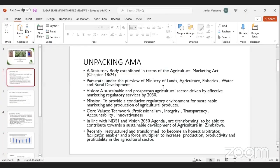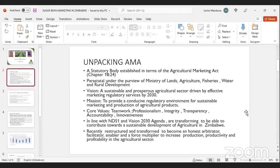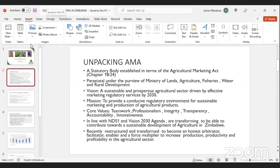All right, so the Agricultural Marketing Authority is a parastatal, a statutory body established in terms of the Agricultural Marketing Act under the purview of the Ministry of Lands, Agriculture, Fisheries, Water, and Rural Development, with a vision of having a sustainable and prosperous agricultural sector as driven by effective marketing regulatory services by 2030. Our mission is to provide a conducive regulatory environment for sustainable marketing and production of agricultural products. We started with marketing and then production because we are saying our production as a nation should be hinged on